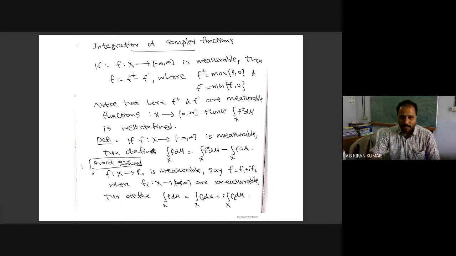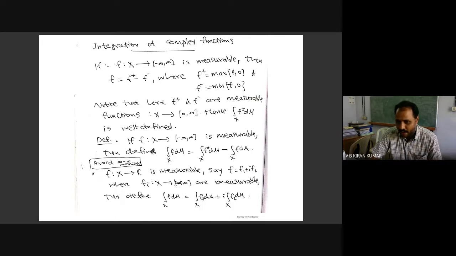So you start from a complex measurable function on some measure space, f from X to C. Every complex function you can write as f1 plus i times f2, where f1 and f2 are real functions. That is straightforward. So if you are able to introduce the integral of real functions, then for complex functions you can define it in this way: the integral of this complex function is the integral of its real part plus i times the integral of its imaginary part. Simple.